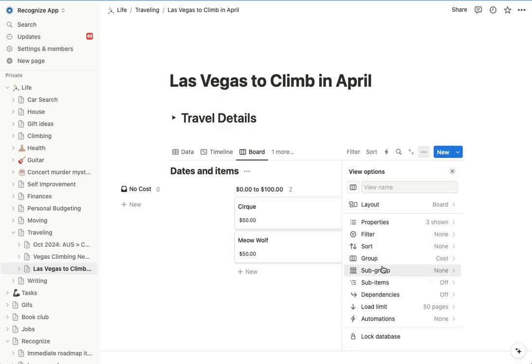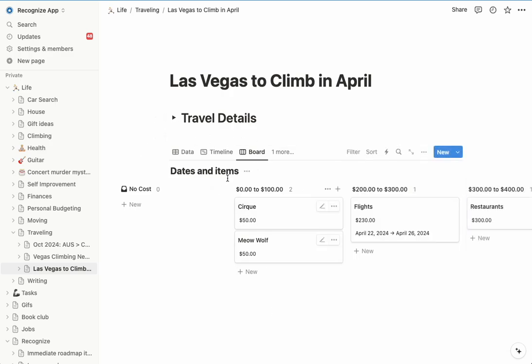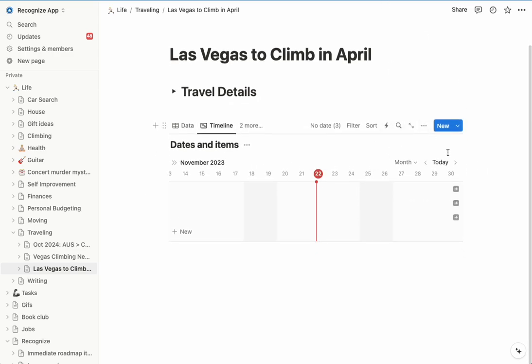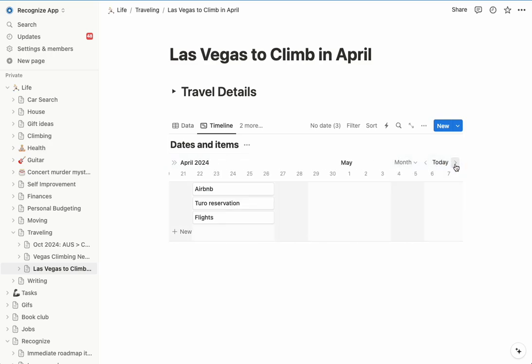So this is grouping to subgrouping. I mean, you can get pretty sophisticated here. You can then tie this data into another table in Notion. So strong things to do here on that. This timeline, not so great, but if I jump to, it takes a while, but April, now I can start